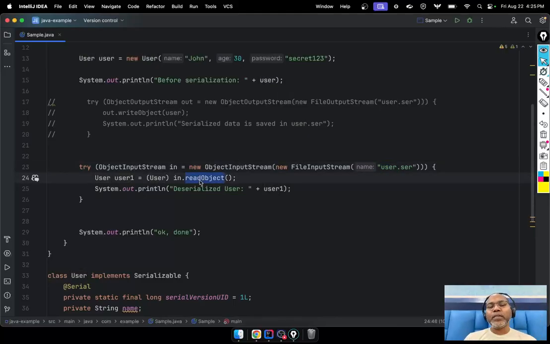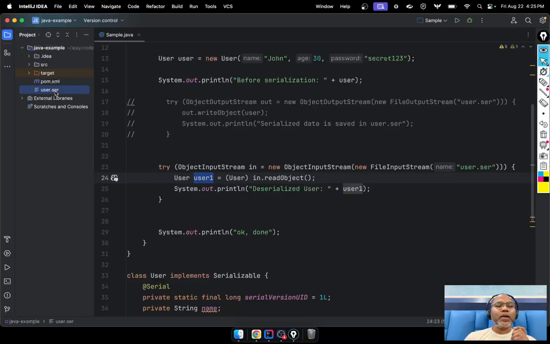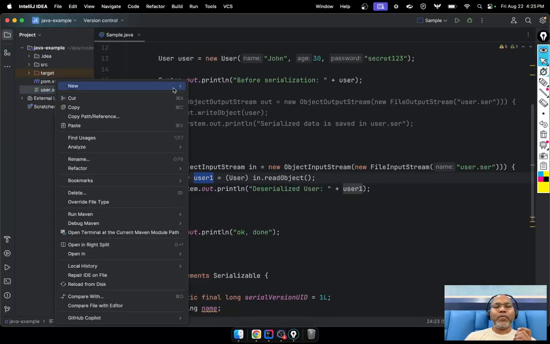Read object here is the deserialize. Write object is the serialization process. Read object is the deserialization process, and it gives me the user. This is the deserialization. So if you read this carefully, let's open it in the